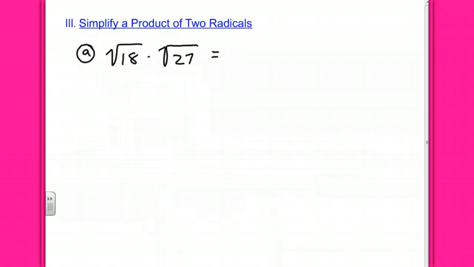Okay, so we were able to expand little products before. Now we're going to take two factors that are in radicals and condense them down into one. Okay? So we have the square root of 18 times the square root of 27. We can actually take those two factors and put them all inside of one radical. But that's not a simplified answer yet. So before you start multiplying 18 times 27, rather than multiplying, what could we do? Simplify 18 and then simplify 27 and then